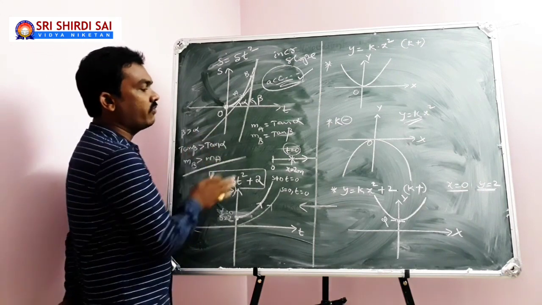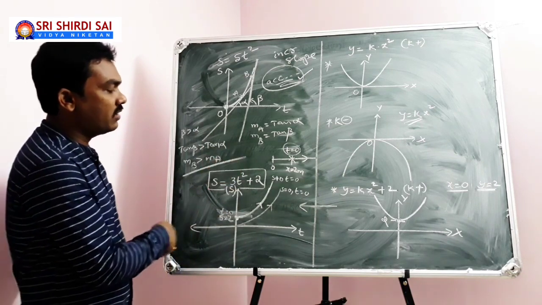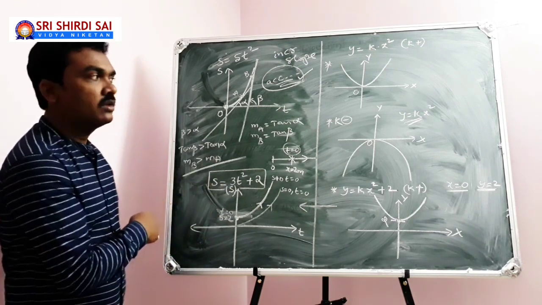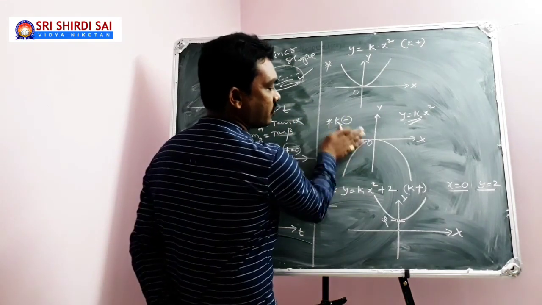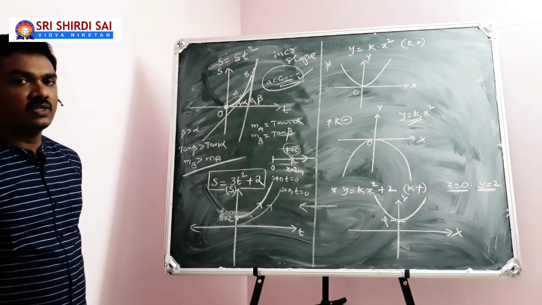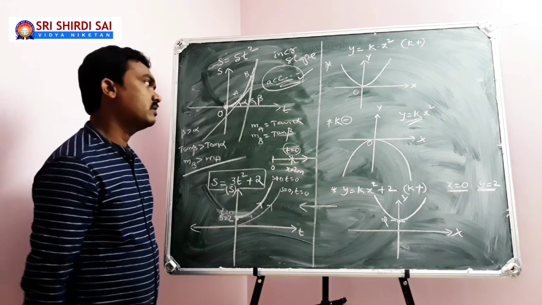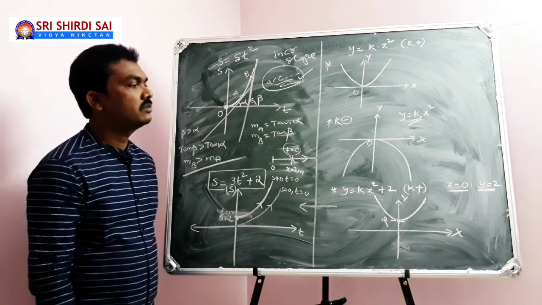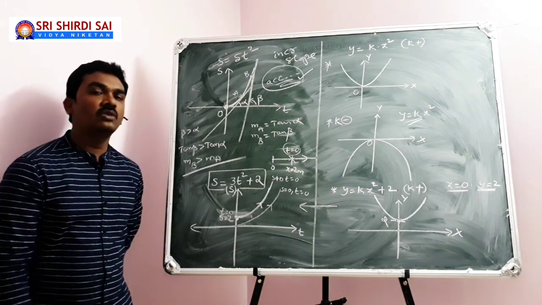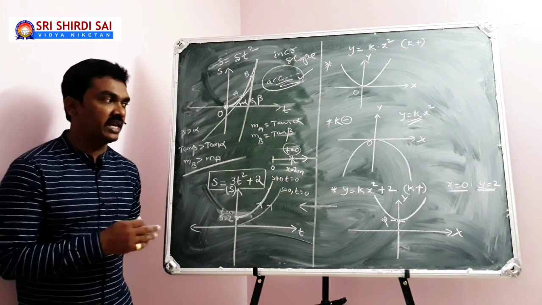So this is how the s-t graph can be explained, and the slope is going to vary. So your s-t graph, which is a curve, is indicating that your body is accelerating. So this is how y equal to kx square works. If you come across x equal to ky square, that is also a parabolic curve, but symmetric about the x-axis. Of course, we will discuss later. So this is all about the concept of y equal to kx square, whose graph is a parabolic curve, and you have seen how it is symmetric about the y-axis.